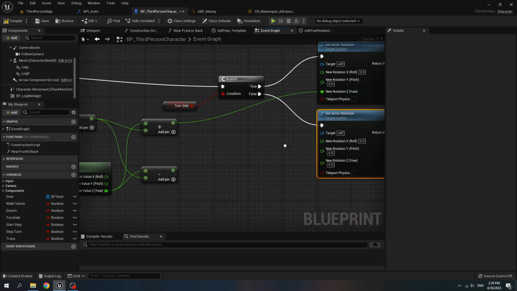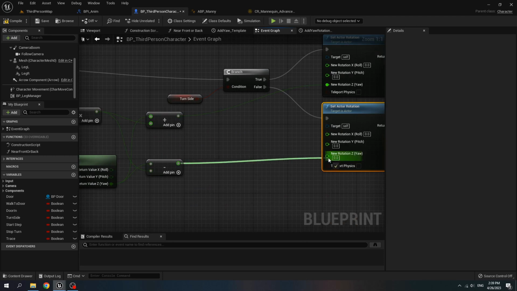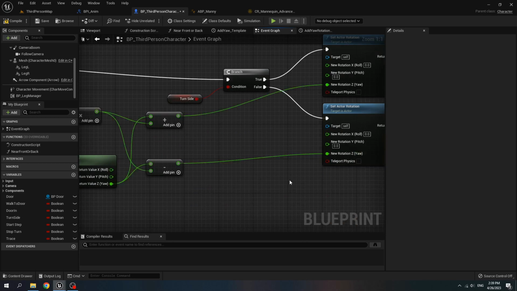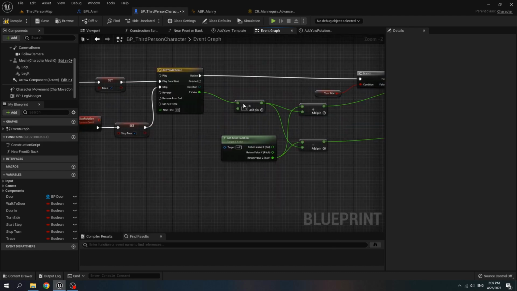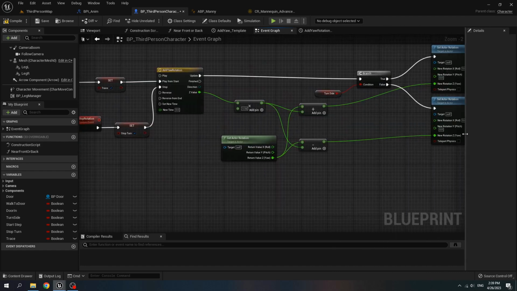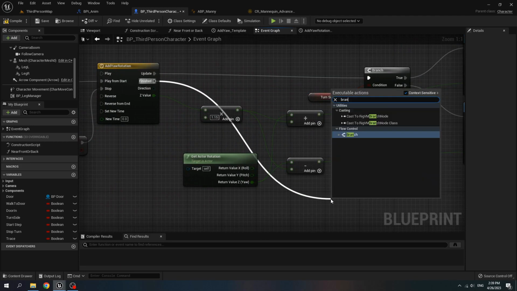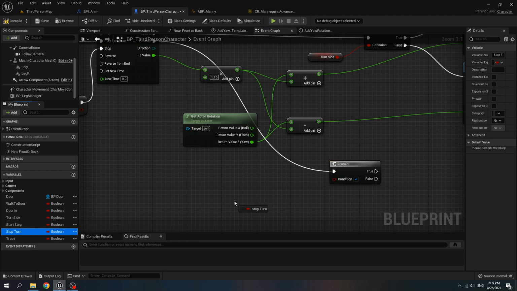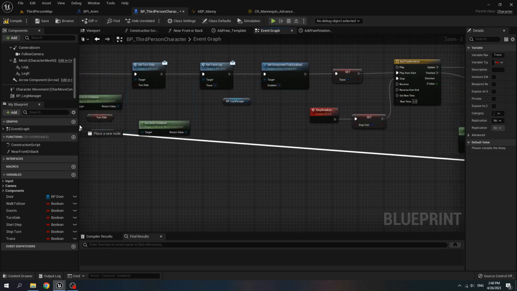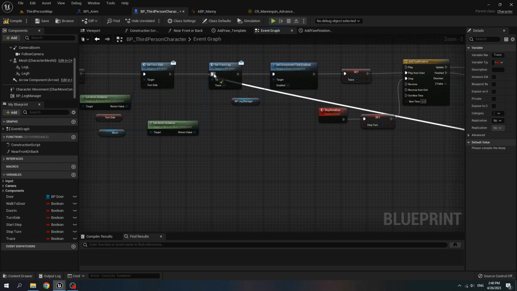And if it's false, use the subtraction, connect to new rotation z. And when the rotation timeline is finished but not yet facing the door, we have to loop it back and create a branch, get stop turn. If stop is false, set trace to false. Then connect it to the set trace leg.